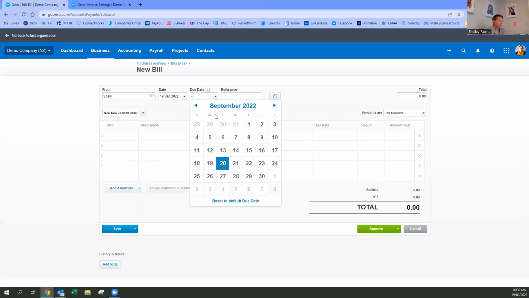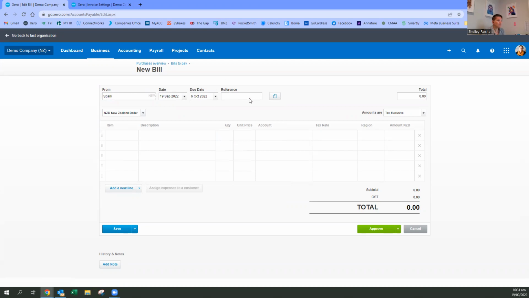So we'll just say, we can put in the exact date here. Reference, so that'll be your invoice number. So say for Spark, it's probably a long one. You can just put, so we've got Fred's mobile, and then we put